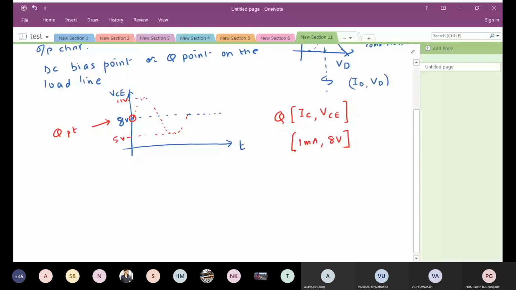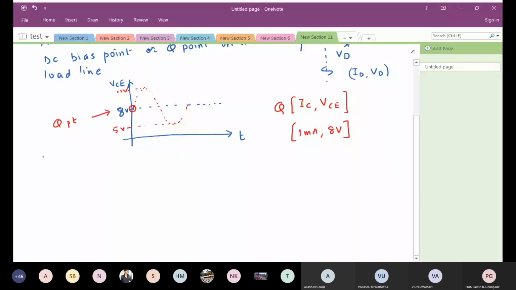This was the Q point. And then we further went on to see what will happen if the signal changes. It's exactly the same thing. Now remember, this Q point stability is very important. What do you mean by stability? It means that my reference point, my starting point, should always remain whatever I have designed it for. If this changes, there are going to be a lot of complications.